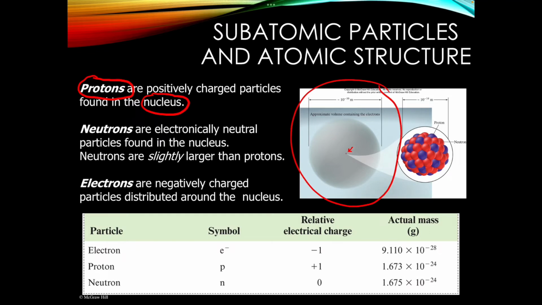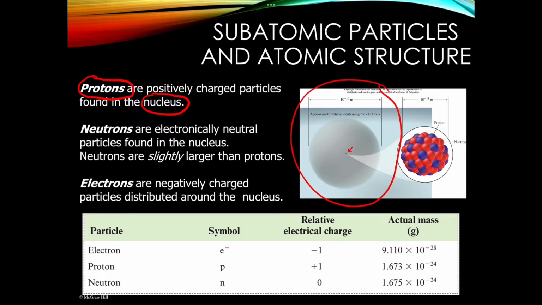If you look at this atom, do you see how small that nucleus is? It's teeny, tiny. I actually have a video that's linked in Canvas to talk about how small the nucleus really is. I think it relates it to a golf ball in the middle of a football stadium. Think about that for a minute. That is how small the nucleus is compared to the rest of the atom. So it's really, really tiny.